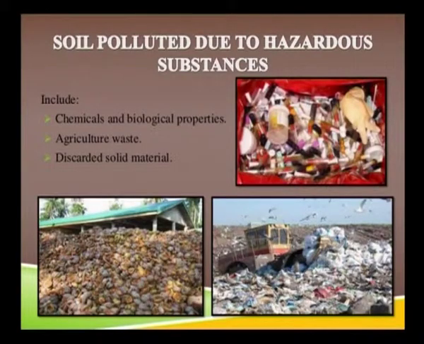So, the main problem is having more number of points at every locality and then brought down to a dumping ground, so the waste can be segregated before it is dumped. Soil pollution due to hazardous substances, this is mainly from hospitals, this is just plastic bags from different neighborhoods, agricultural waste, and chemical and biological properties from hospital waste is very crucial, because you end up having birds coming there, small dogs, rats, all of these go to these dumping grounds to get their food, and if these hazardous wastes affect them, they bring it to the humans and other neighborhoods around, which will again affect the entire food chain